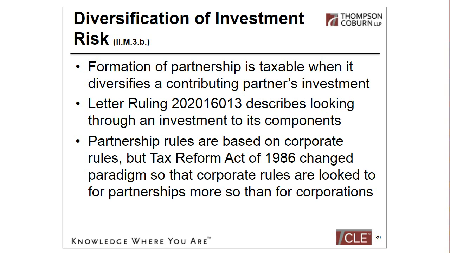somebody had contributed an investment into a partnership, and the tax court said you need to look to see, if you're contributing old business to the new business, what does the old business have? Is the old business itself the security you're looking at when you look at diversification, or do you look at what the old business has? And if the old business has, for example, a diversified portfolio, then you're going to look at the fact that was already diversified. Instead of considering the old business a single entity, you would look at what it's invested